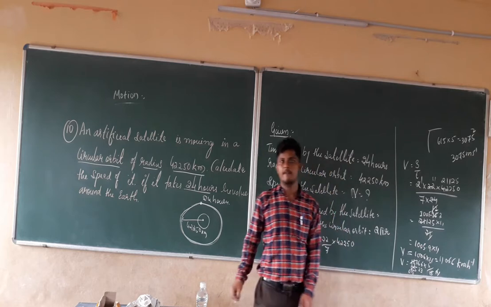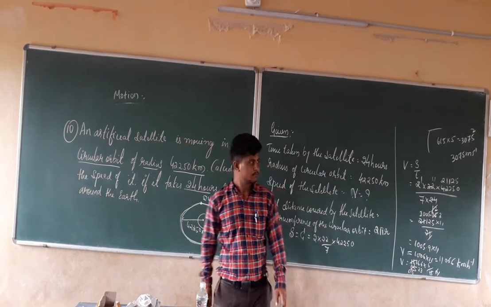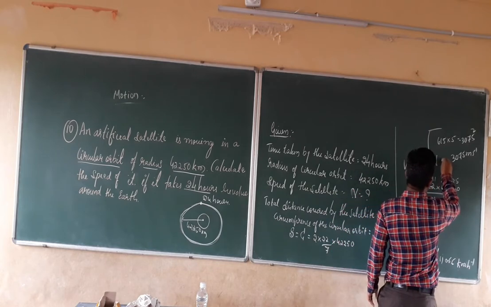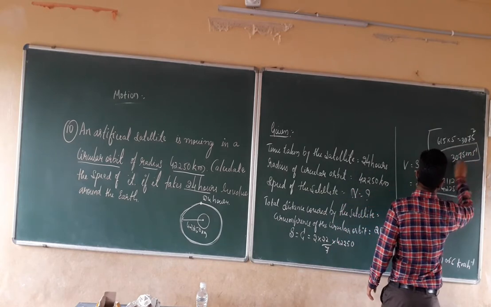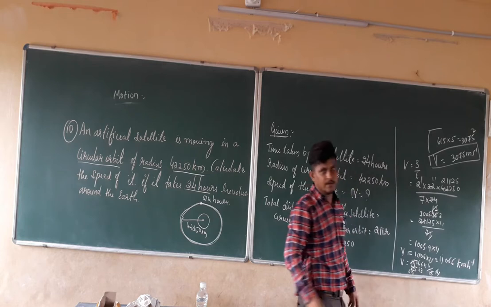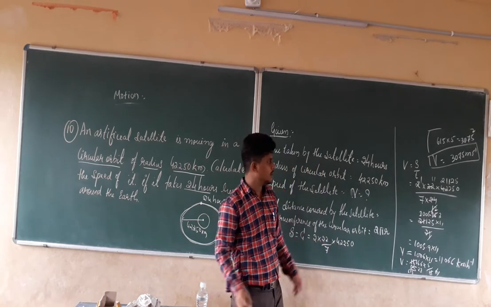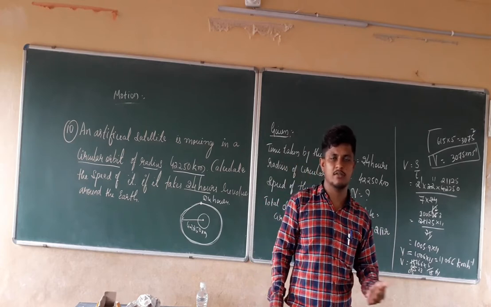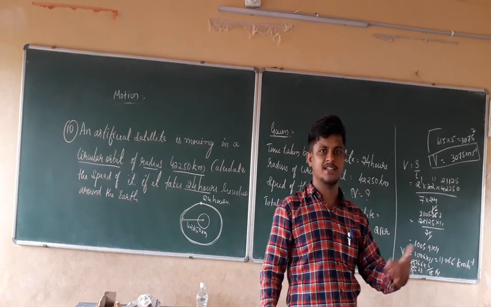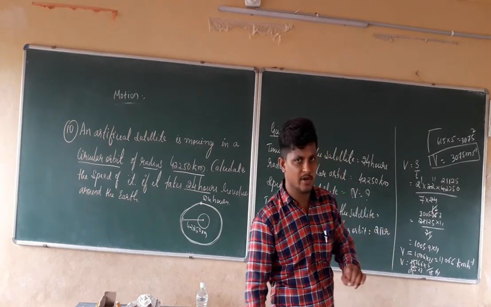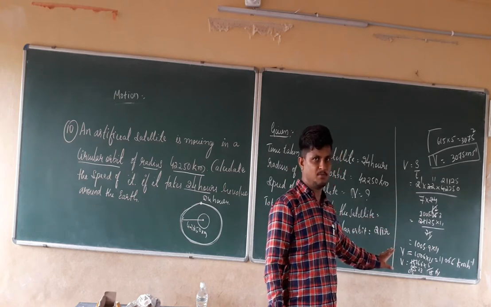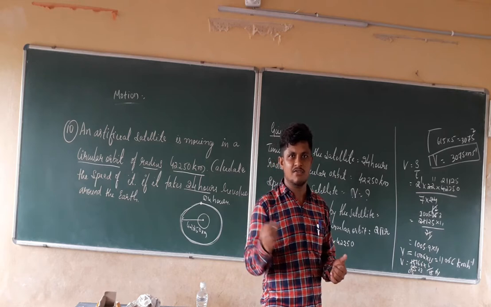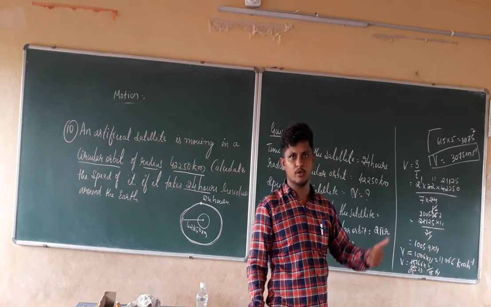It is the final answer. That is nothing but the velocity of the satellite given in meter per second as 3075 meter per second. If you take the accurate value, it will be a larger number. It doesn't make any change, so you can take the nearest value. Don't take the decimal point in this problem, because the values are very high, so we can take the approximate value.